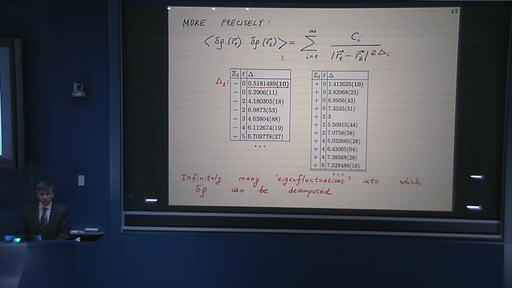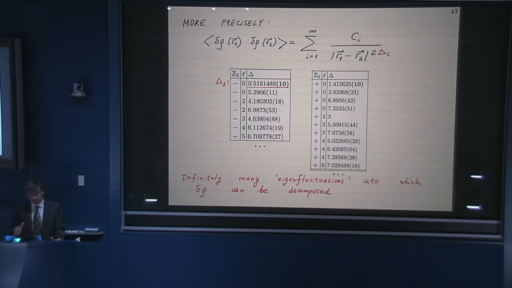But now you measure it more precisely, and you will see that, in fact, it's not exactly a power law. Of course, it's not going to be exactly a power law. There are going to be some deviations of this power law. So there's going to be some infinite sum of power laws. So there's going to be one power plus another, larger power. So it's going to be like a power series expansion in the inverse distances, except that the powers are going to be non-integer numbers.